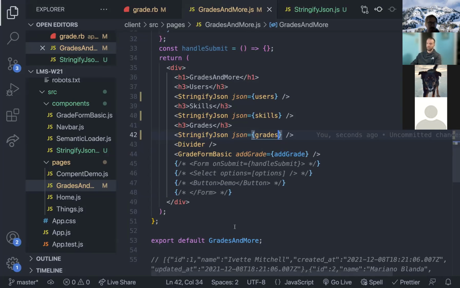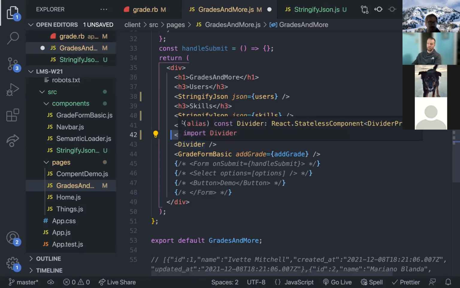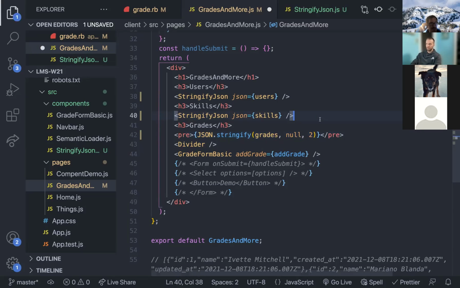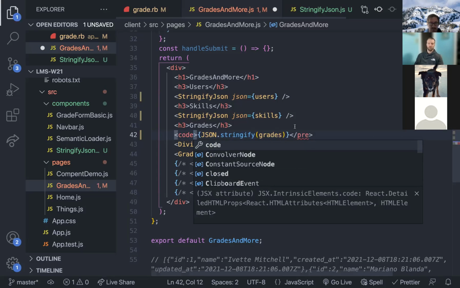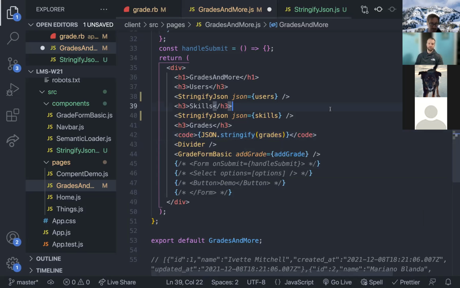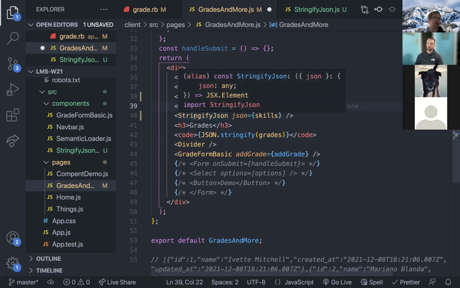Now, I think this doesn't really seem right. Let me just go back to what that looked like before. There's a couple things here. I guess I didn't add this. So this is how it looks in my component. I think, in my mind, this is a little more readable by